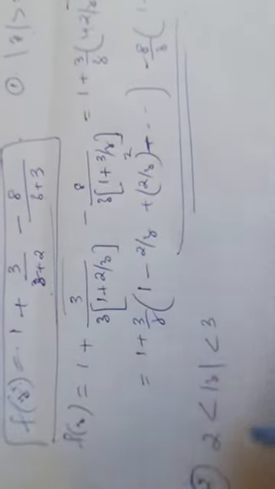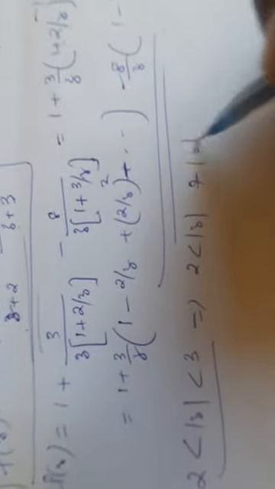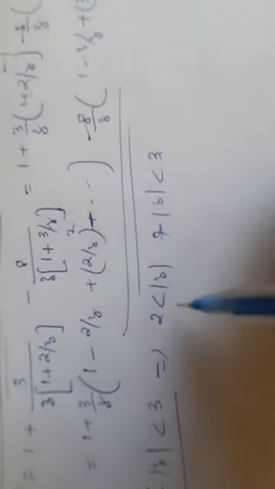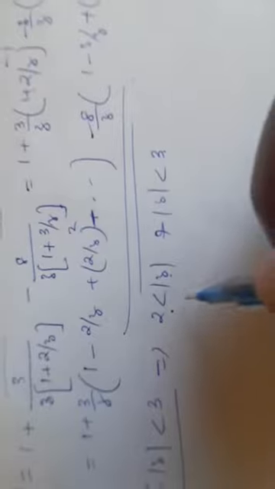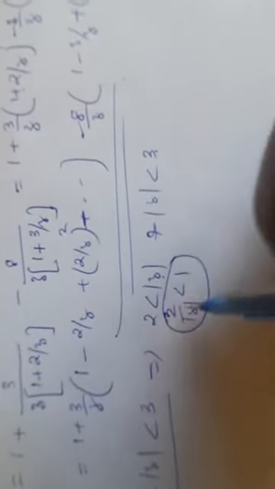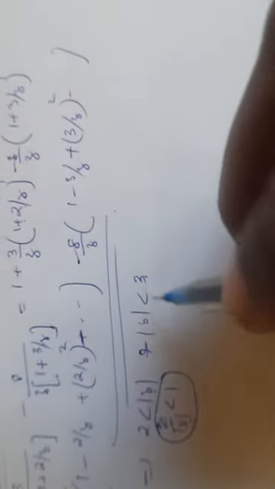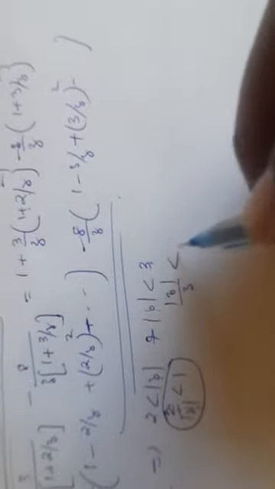So this is the expansion in the case of mod z greater than 3. And there is one more case, 2 less than mod z less than 3. So the second case is 2 less than mod z and mod z less than 3. So two conditions are there. If 2 is less than mod z, 2 by mod z is less than 1, so we need to expand in the powers of 2 by mod z. And mod z less than 3 means mod z by 3 is less than 1.